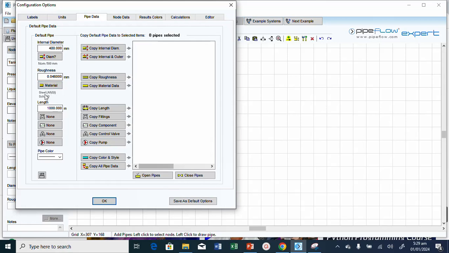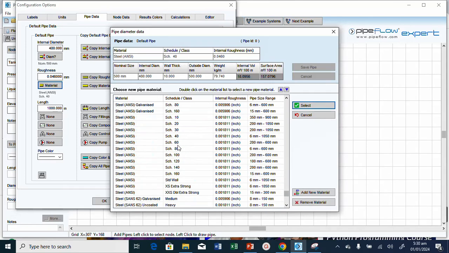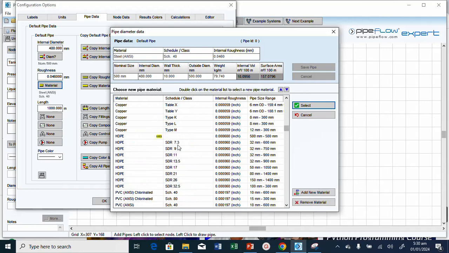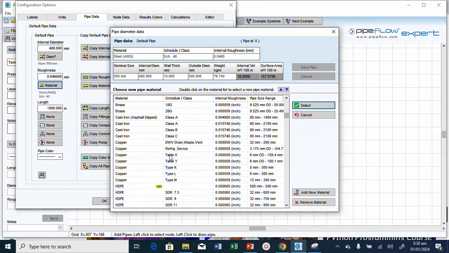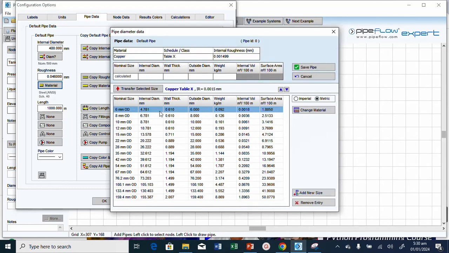This pipe we added now is a steel pipe, but we're not supposed to work with a steel pipe. Now I need to change the material. I'll click change. So now from here, clicking this material tab, you can change the material. So the material we're supposed to use is a copper material, copper table X material. So I'll just double click